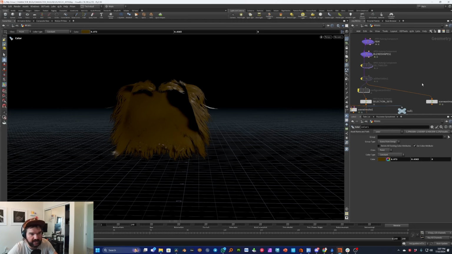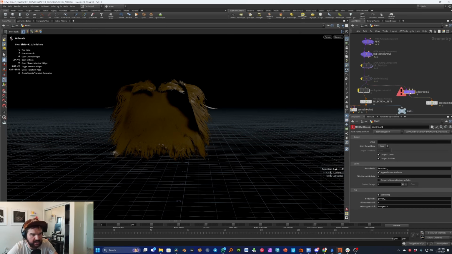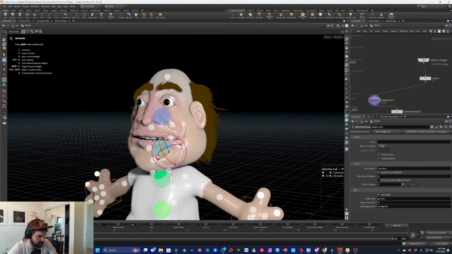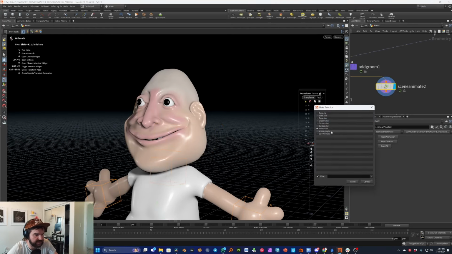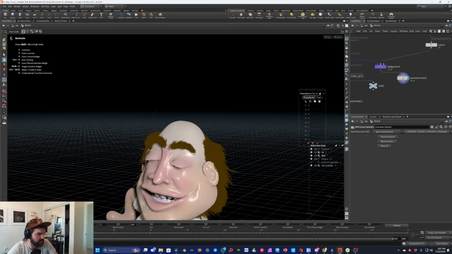And all we have to do to add it to our rig is just use an Apex add groom and plug that in there, plug this guy in there, and then if we play with this, we'll see it's totally sticking to the character, and this works totally great, completely out of the box. Nothing else that you really need to do here. We go to the Apex Scene Animate. Now, of course, it's not going to have it, and you're going to have to reset custom, and I think we might just have to change these groom ones, but for good measure, I'll change all this stuff up here. And now we got all this stuff,